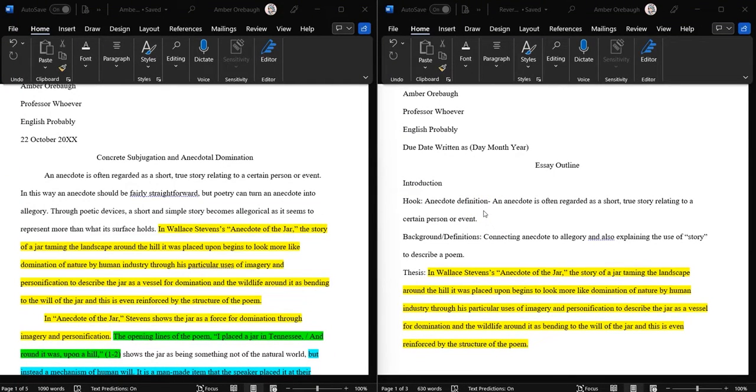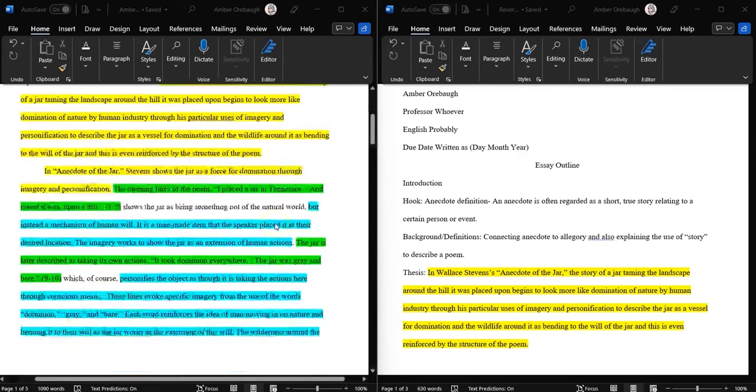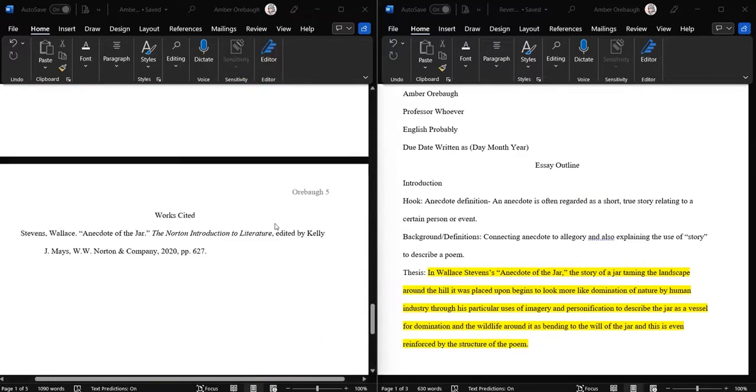A hook can really be anything. It's not something to get hung up on, right? Your professor's going to read your essay anyway, right? And again, I have this little area for backgrounds and definitions. Really, that is whatever you need in that area of your introduction for your reader to understand where you're coming from. It's just what goes there, right? So that's why these aren't highlighted, and I didn't discuss them earlier in the thesis.